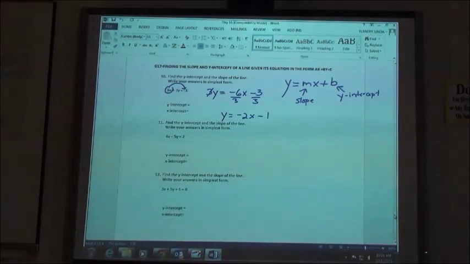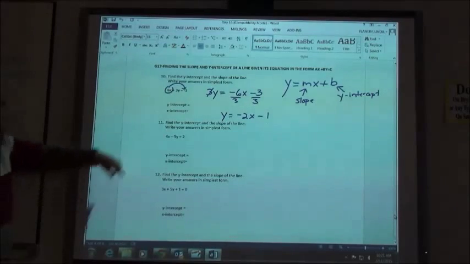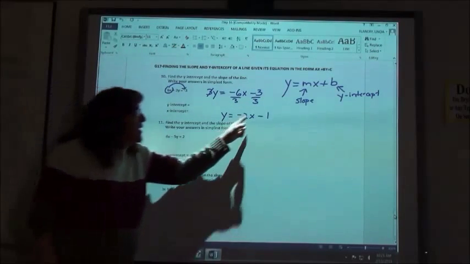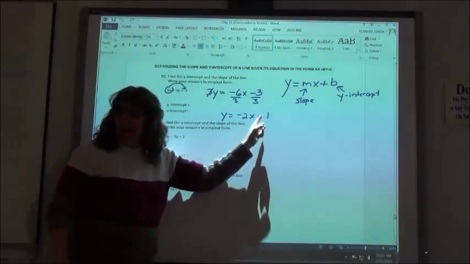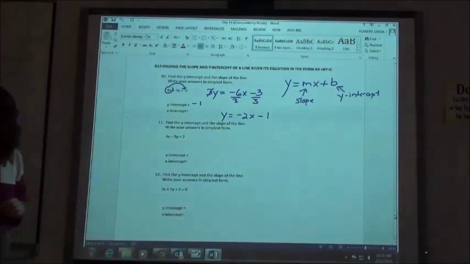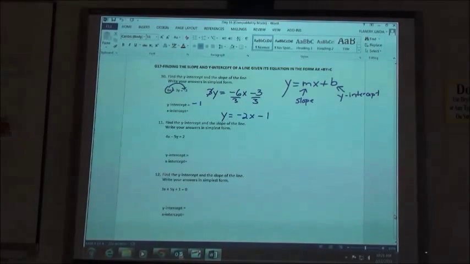Now I can look at my equation and answer my two questions. This one happens to ask for the y-intercept first. The y-intercept is just going to be that number on the end. If x is 0, I'm going to get negative 1 for my answer. My slope is going to be, oh,